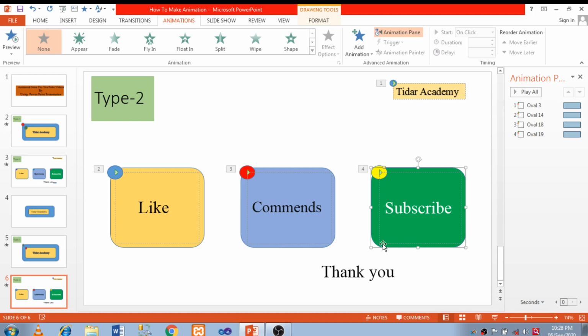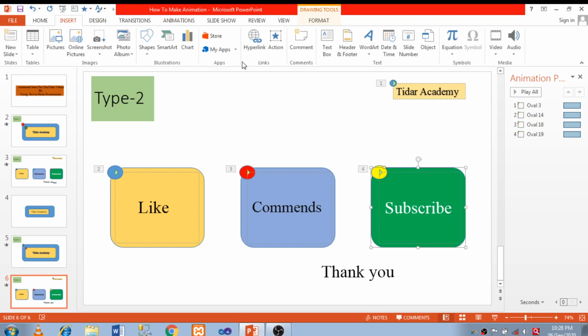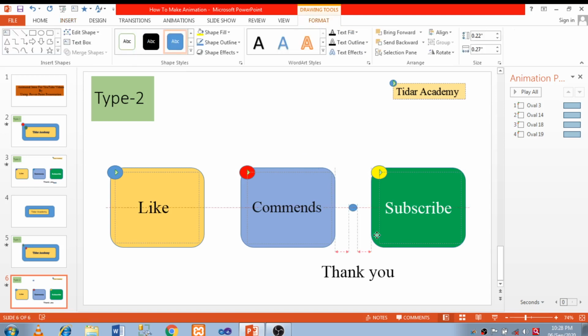So now I want to add another ball for thank you. So I have selected a small circle. I have put it here, I have copied it and pasted.